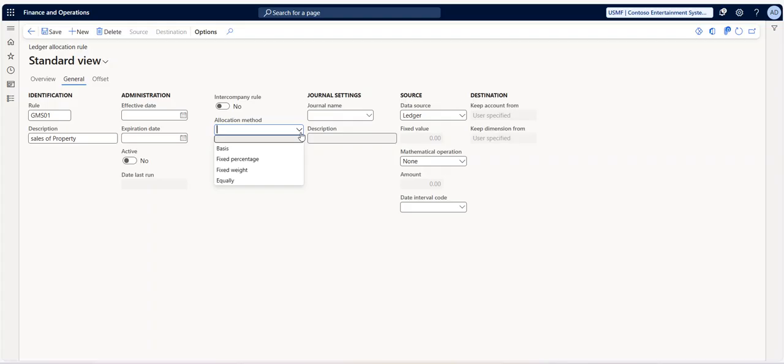Okay, so what this particular basis will do, yeah, basis, what it will do, it will equally distribute the amount, and it will be distributed. Sorry, so the basis, what it will do, it is used to allocate depending on the